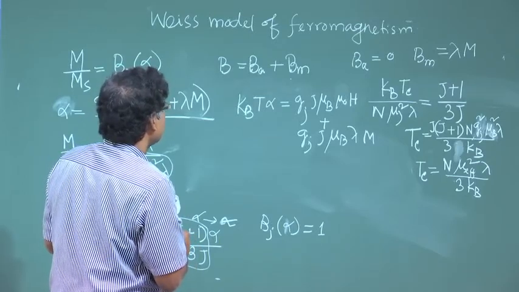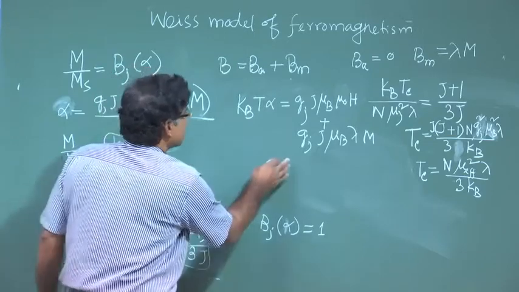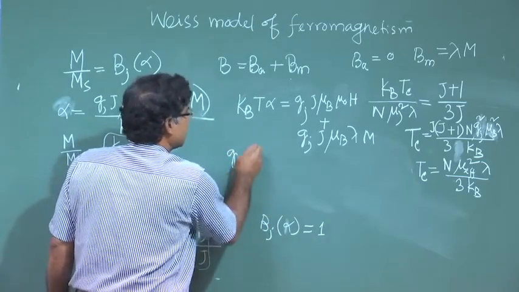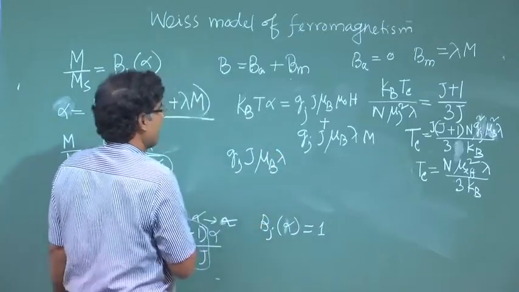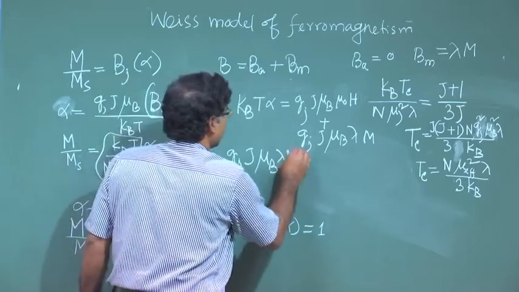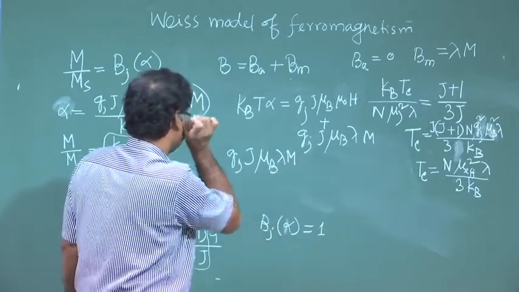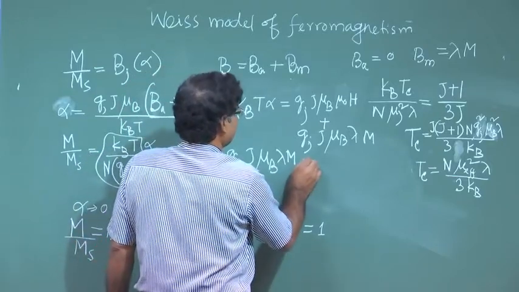I want to find out susceptibility. So, here G j j mu v lambda m, okay, lambda m equal to